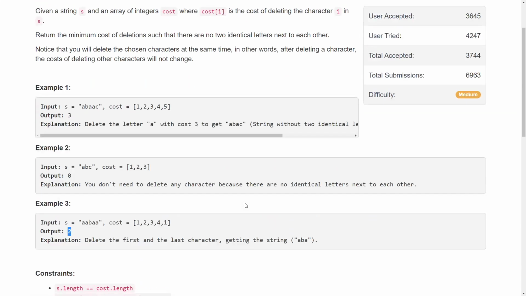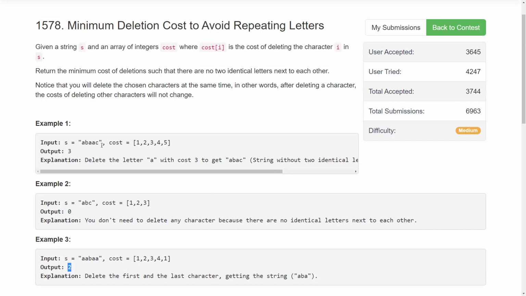So how I solved it is, what you can observe is if there are any repeating characters, you have to choose one option among them, and that option is the minimum of them, right? So somehow if I'm able to split the string into different sets of characters, basically whenever there is a repetition, there will always be one group.